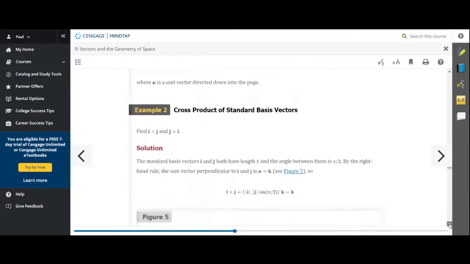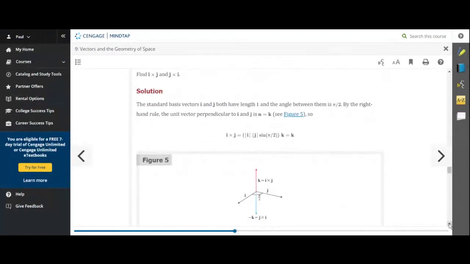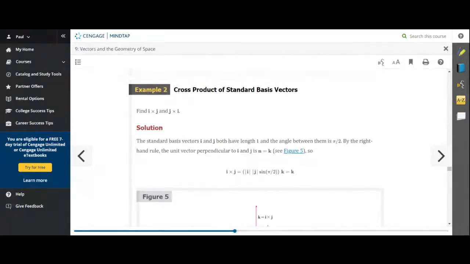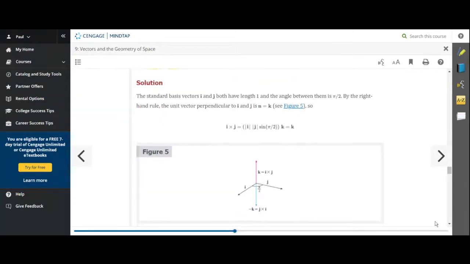All right, and then you can talk about cross products of vectors like I cross J and J cross I. This is example 2, where you talk about cross products of I and J. And again, for me, the easiest way to compute the cross product is to use the right-hand rule. So in figure 5, I cross J, if you curl your fingers,